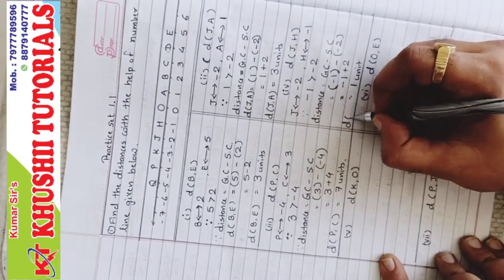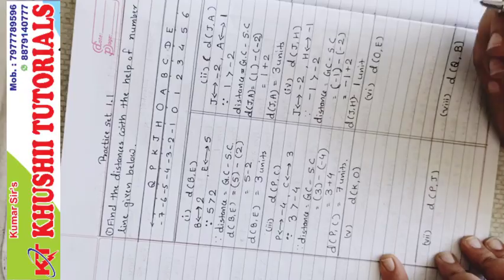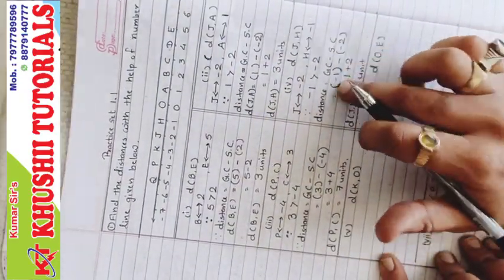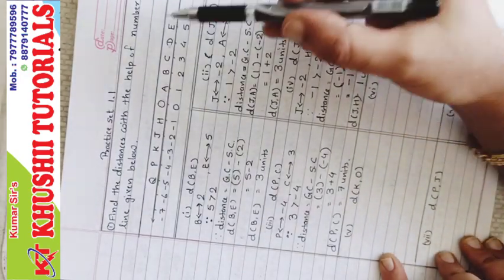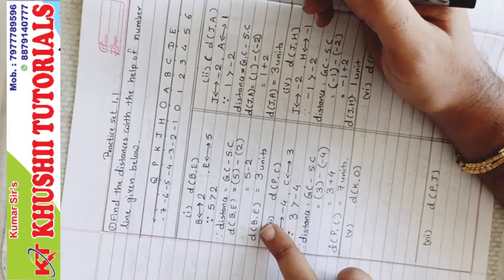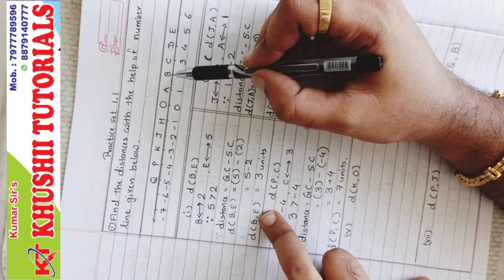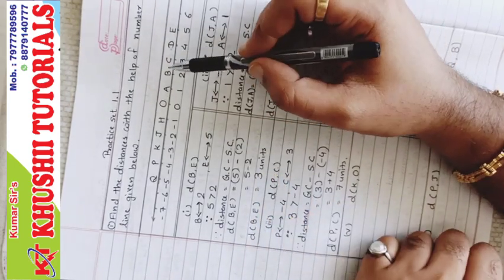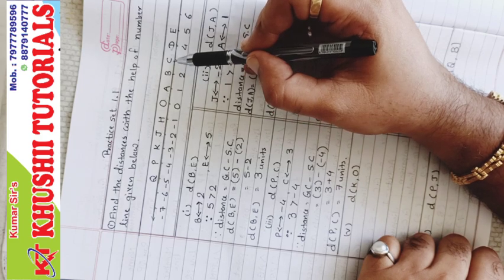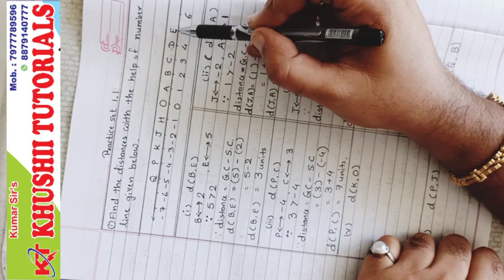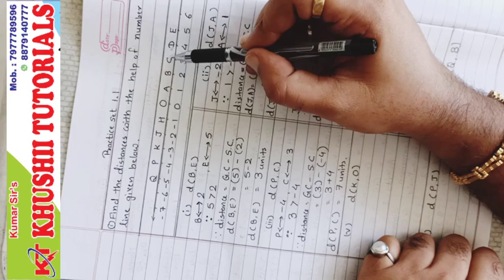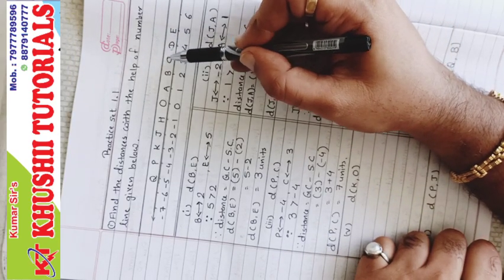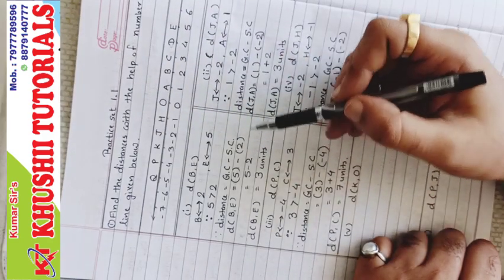Distance J comma H. Okay, so we have completed 4 sums. 4 sums are left. We will do those 4 sums, but before that we will check whether these 4 sums are right or not. You can check on the number line as well. How? Like say B and E. B is here and E is here, and the distance is 3 units. Is it 3 units? See, B, 1, 2 and 3. Yes, correct. B to E, 1, 2 and 3. Even if they ask E to B, then 1, 2 and 3. Correct. So 3 units is the right answer.